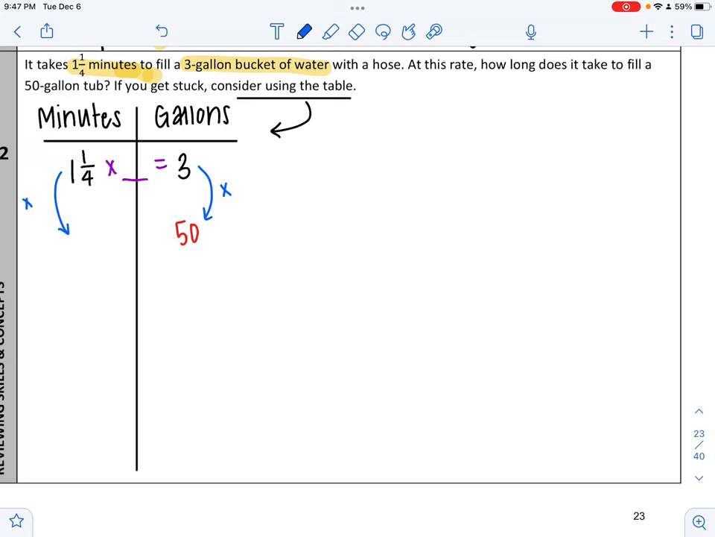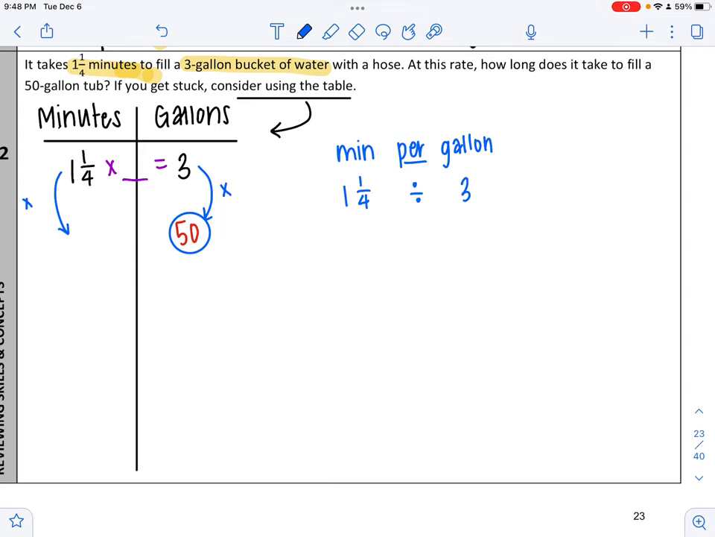Another strategy that you could use is you could find the gallons, or I should say the minutes per gallon. Why would that help us? Well, if I know how many minutes it takes to fill up 1 gallon, because remember, per means per 1, I can more easily figure out how many minutes it would take to fill 50 gallons, which is what I'm interested in. If I know that it takes 1 1/4 minutes to fill 3 gallons, I can divide to find